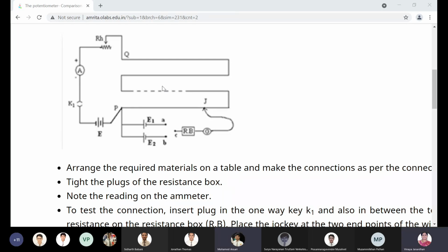Ma'am, series. Series. Why series? Because galvanometer is a very, very sensitive device. It cannot withstand high current. Suppose by any leakage, if a high current flows through it, the galvanometer will get damaged. To protect it, you are putting a high resistance. When you put a high resistance in series with the galvanometer, the current flowing to the galvanometer will be much reduced. So that's the reason you are using a high resistance. But in the laboratory, we have galvanometers which have inbuilt high resistance, so you need not worry about it.